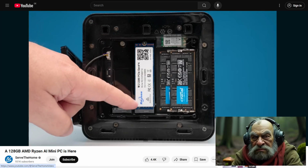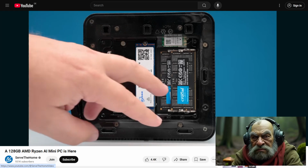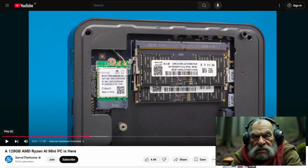Now, once you're inside, you can see that we have 2 NVMe storage slots as well as 2 DDR5 SODIMM slots. That's more like it. Finally, some real potential for upgrades. It's nice to see they're not skimping on the essentials, but let's hope the rest of the design doesn't make accessing those slots a nightmare. If they can pull this off without making me feel like I'm performing surgery, I might just give them a